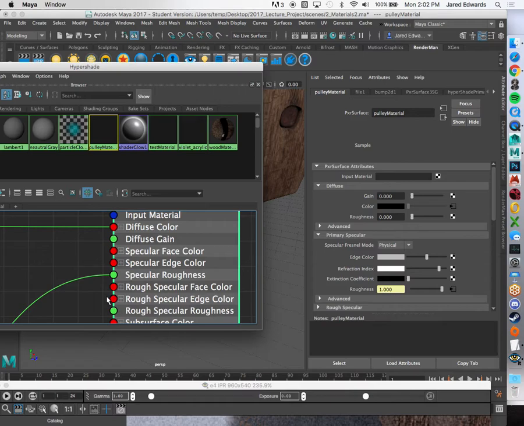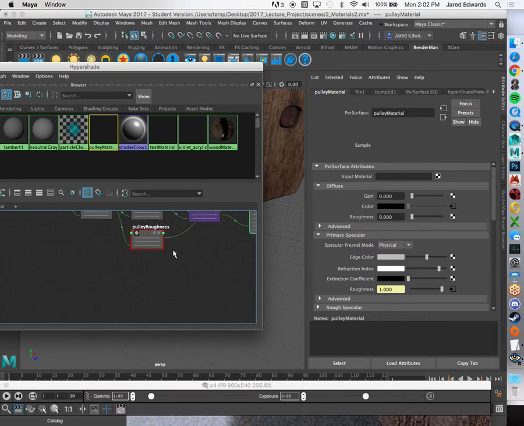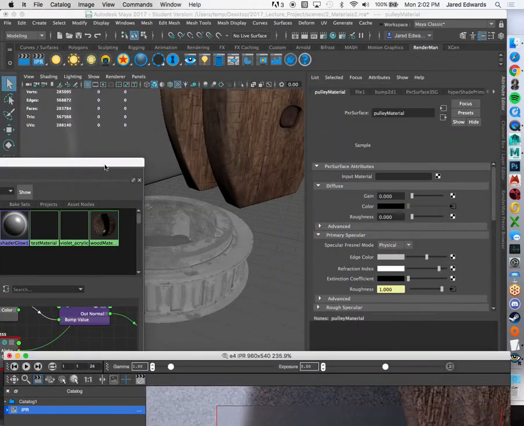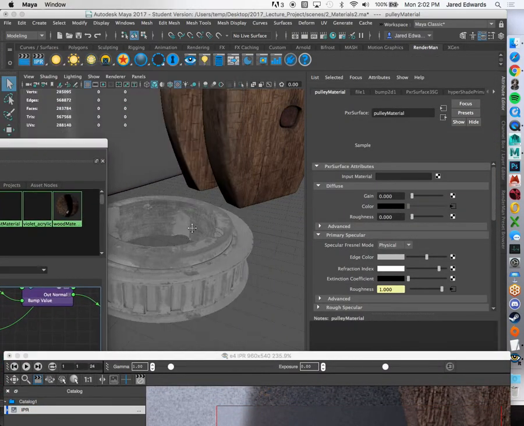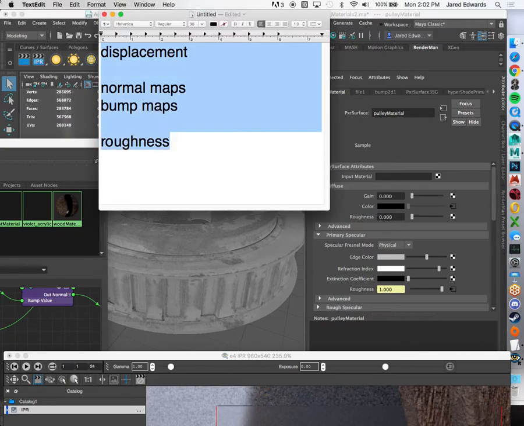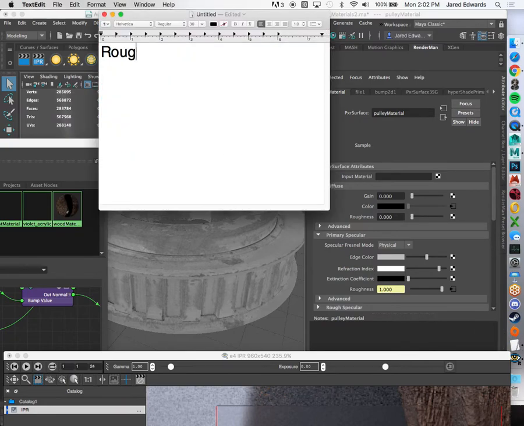I just still find it's easier to find most of these guys on the attributes instead of digging through this section. Okay, now from here, what you want to do is figure out, all right, if I'm looking at it, what would I need to do to really get this to work? So remember how we were saying roughness